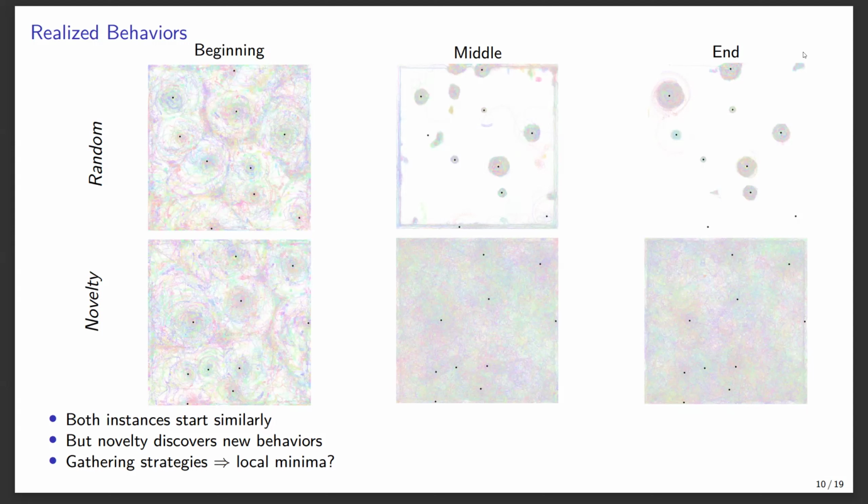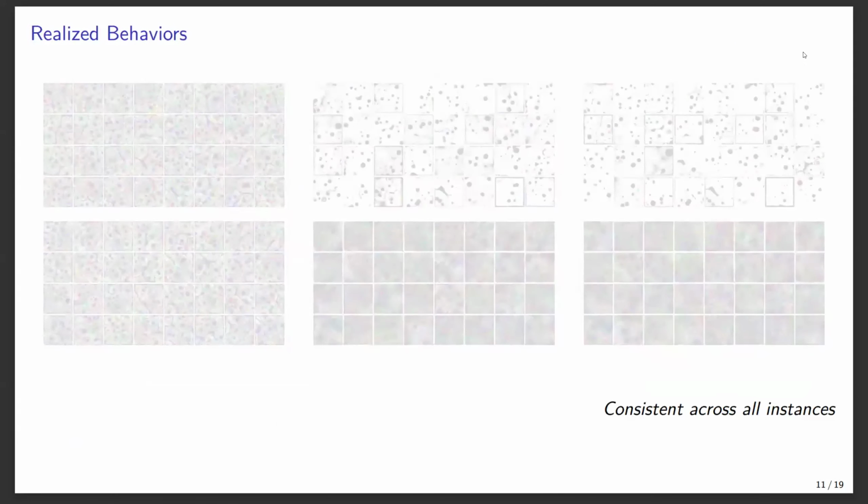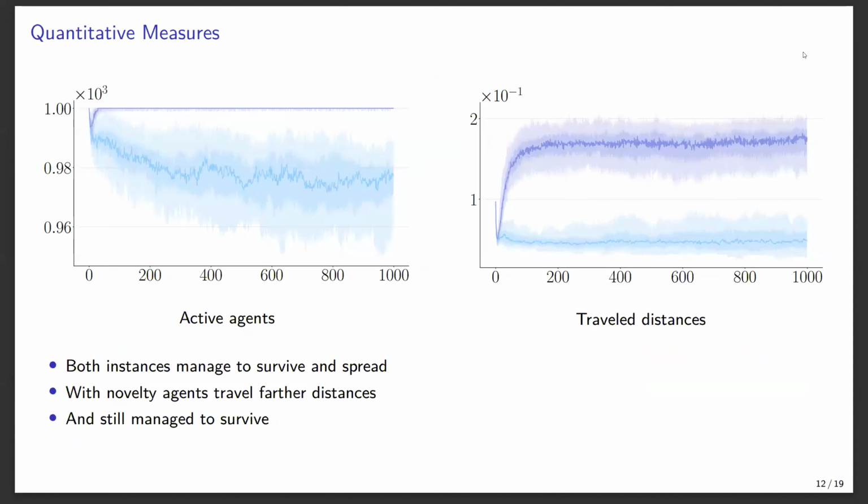This is interesting because it's also consistent throughout all instances. This happened every time. We did many, many runs, and this happened all the time, beginning, middle, and end. If you look at some quantitative measures,